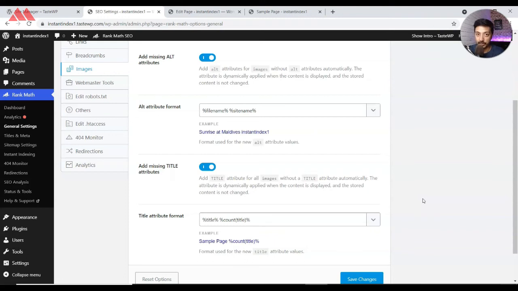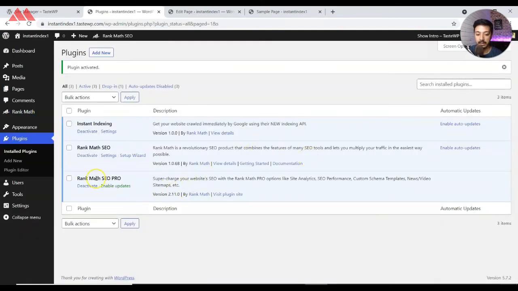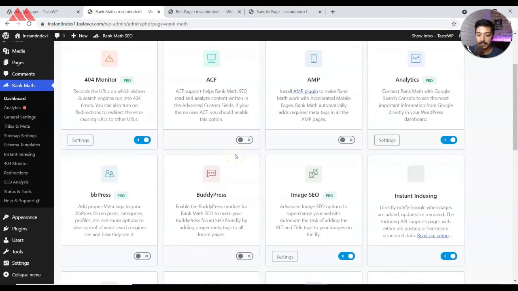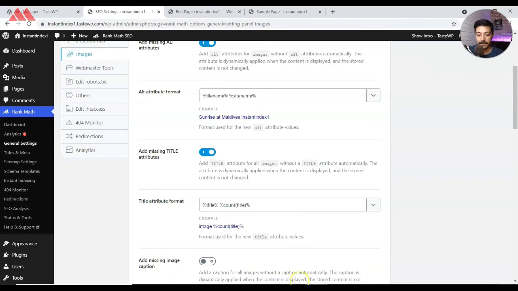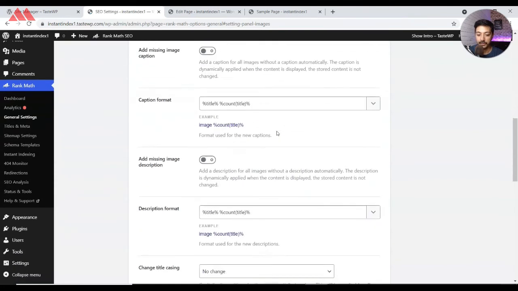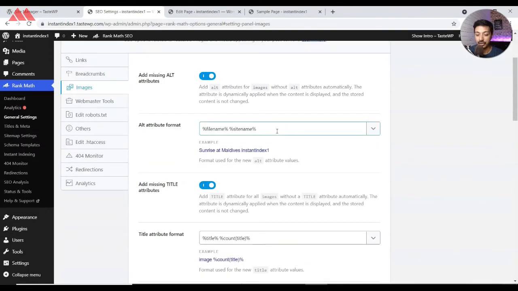There are a few more options that are available in the paid or premium version of the Rank Math SEO plugin. So now we go ahead and update our plugin to the paid version and then see what all options are available for this image optimization option. So now we have added the Pro version of Rank Math SEO plugin on our WordPress website. And once again, if we go back to Rank Math and click on settings for Image SEO, we see we have a lot more options added here. So let's go ahead and take a look at each of them one by one.